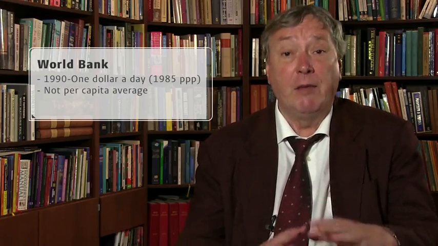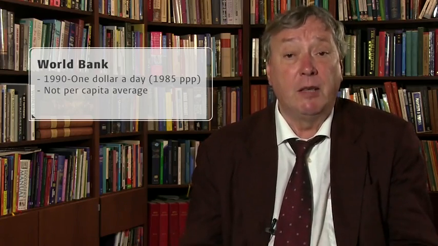Now, having invested so much in constructing the PPP GDP data, the World Bank was the first to use it to define poverty. In 1990, it defined poverty as the number of people consuming less than $1 a day at 1985 PPP dollars. Note first that the target isn't per capita GDP, because this would have had the effect of ignoring the income divide within a country. And secondly, the target is consumption, not output.